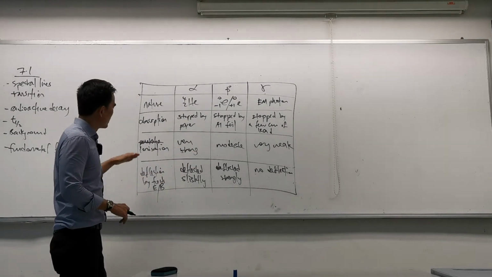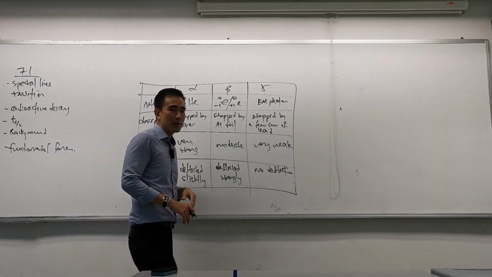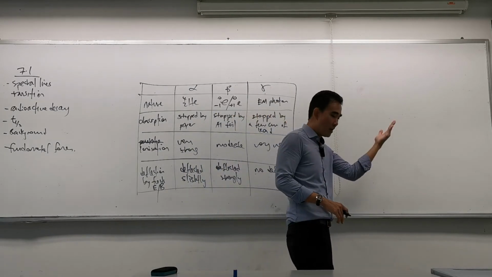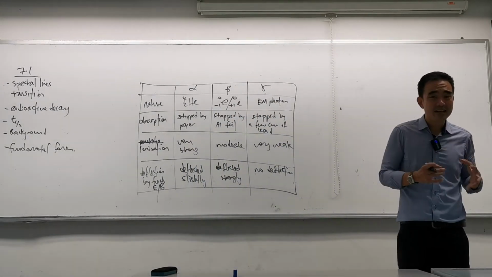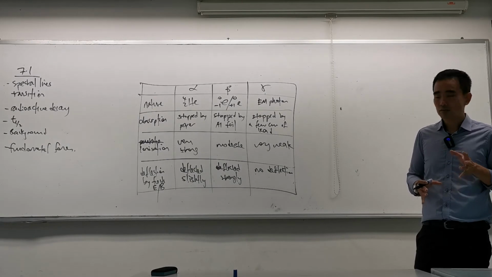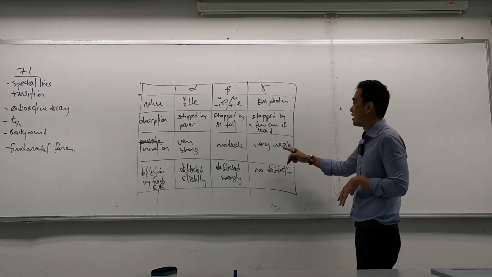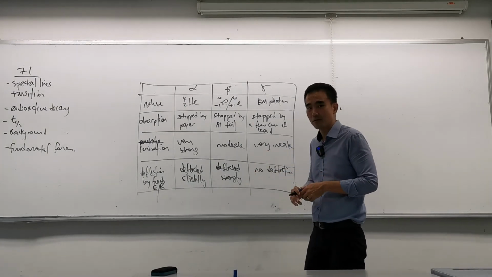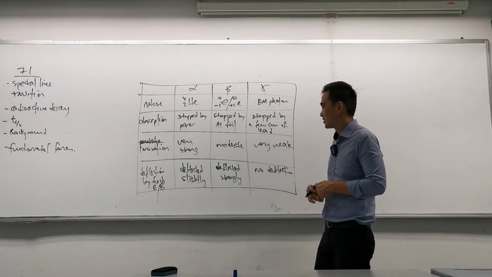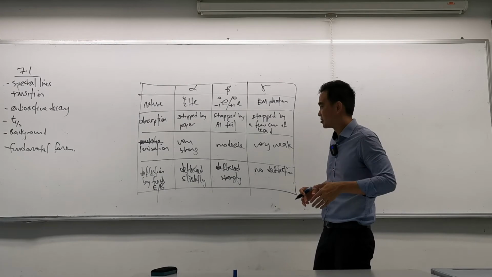Now let's take a look at the next one, which is ionization. Because alpha particle is very heavy, the heaviest among the three, it can easily knock things out of atoms. So that's why it has very strong ionization abilities. It goes by mass, and that's why gamma is the weakest. It's basically a photon, a light particle, not much of mass. In fact, it's mass equivalent, it's not even mass.